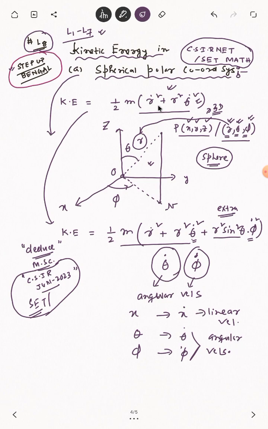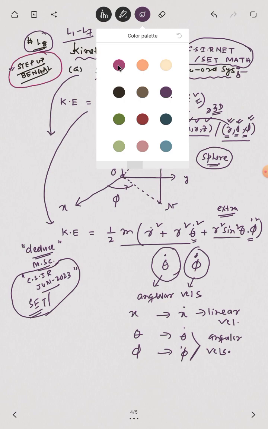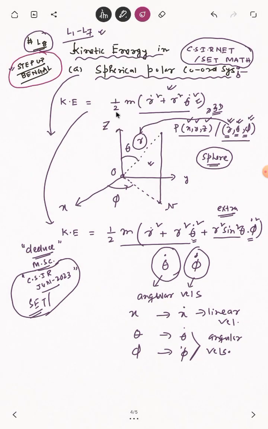So if we can remember this line, in two-dimensional polar coordinate system this looks like this, and